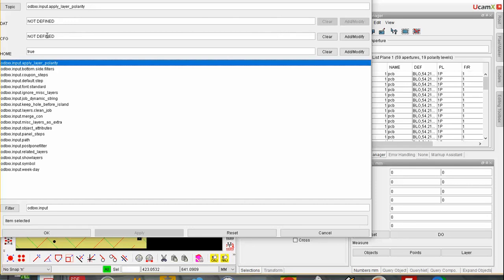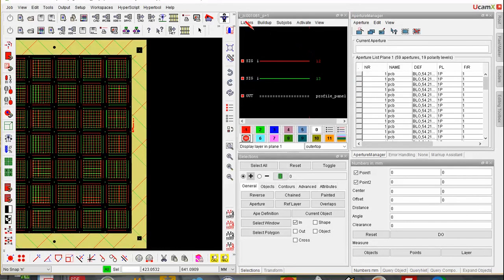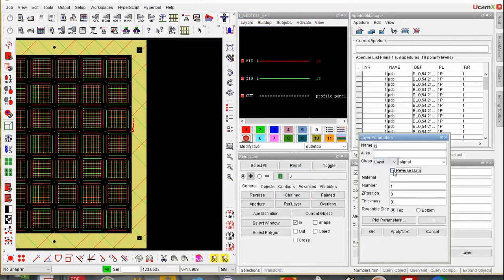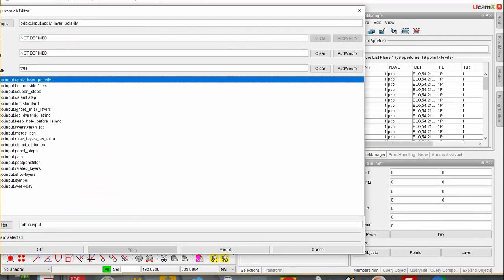That means it is false. If I would read something in with the default, I would see the layer marked as reverse data, looking like this, and the data is reverse. If I use it like I've set it here, so to true,